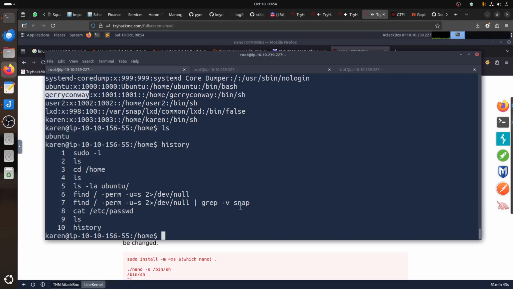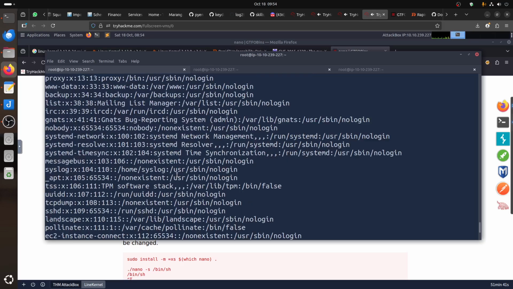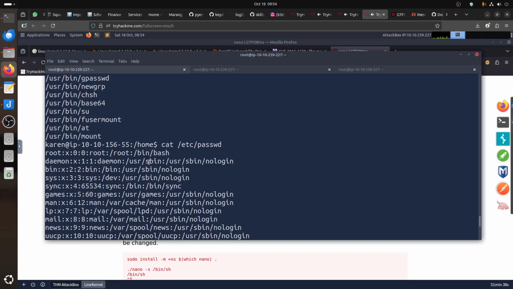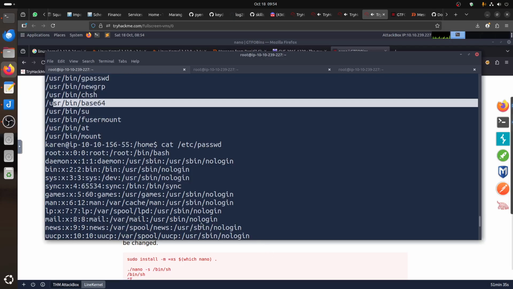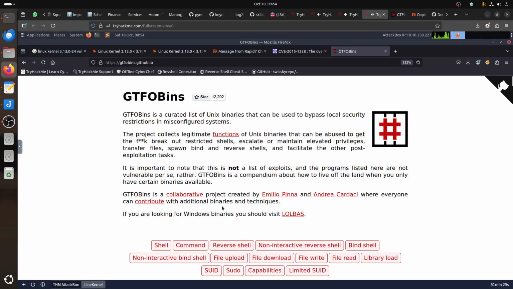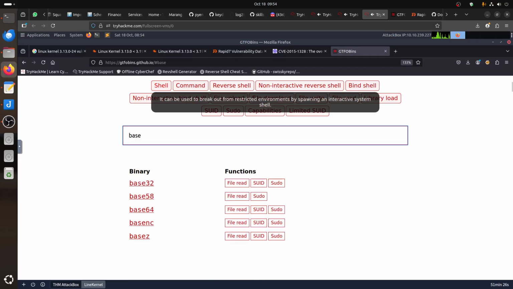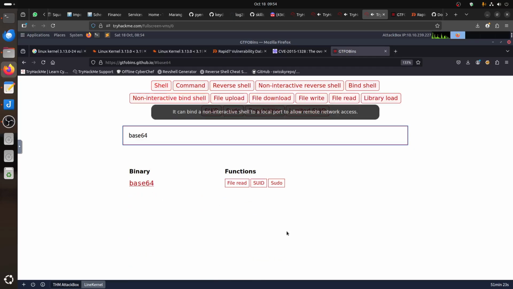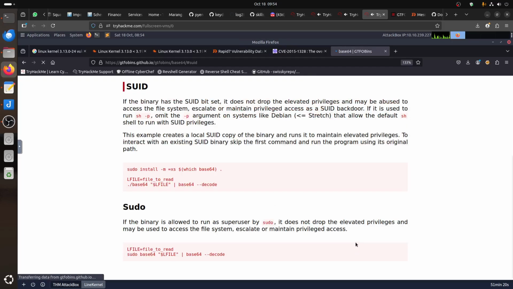We have that base64, so we found this. We find this base64, so you can come here, go there and search for base64, and then we have SUID on it. So we click SUID and it said if the binary has the SUID bit set, it does not drop the elevated privilege and may be abused to access the file system, escalate or maintain privileged access as a SUID backdoor if it is used to run